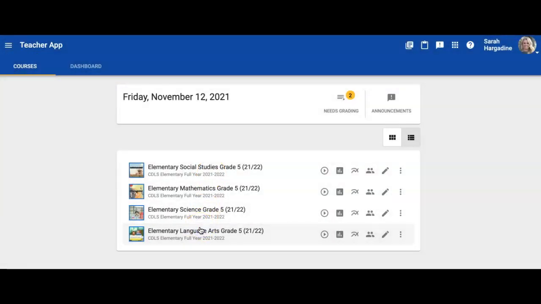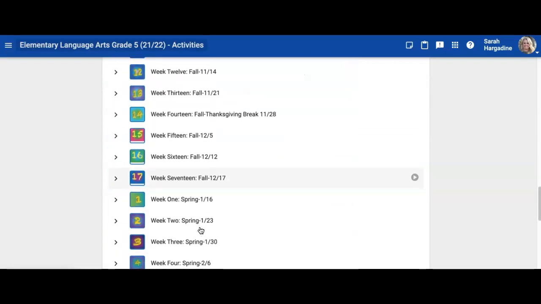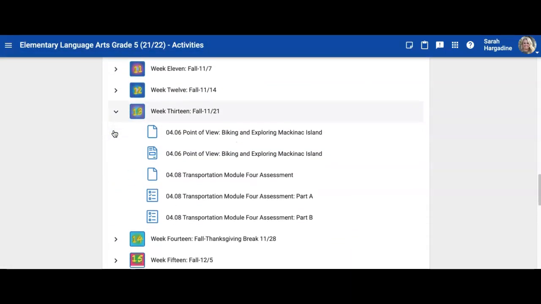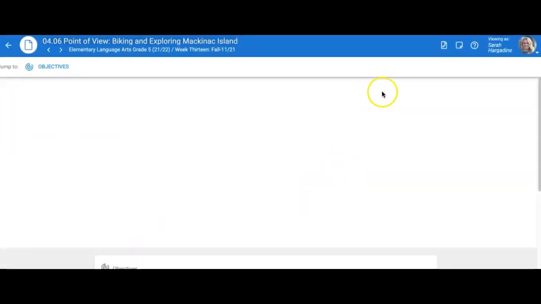And finally, for language arts, when you bop into week 13, you're going to see that you have the final part of 04.06, and then you're going to move into taking a 2-part assessment for the Module 4. And so with this assignment,